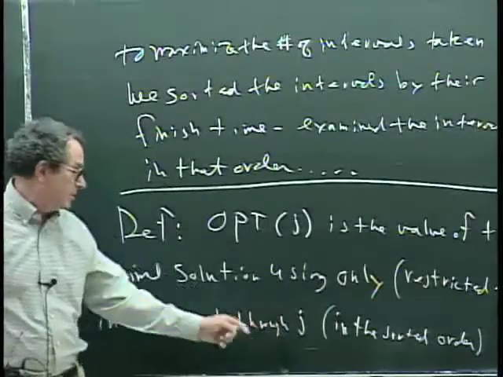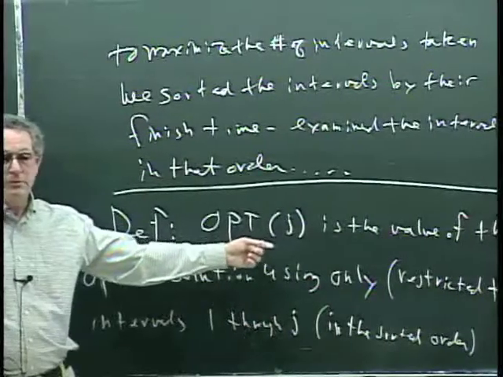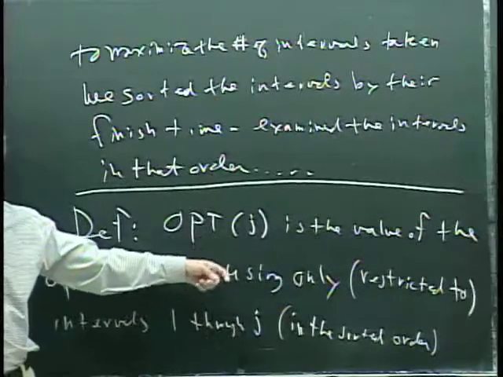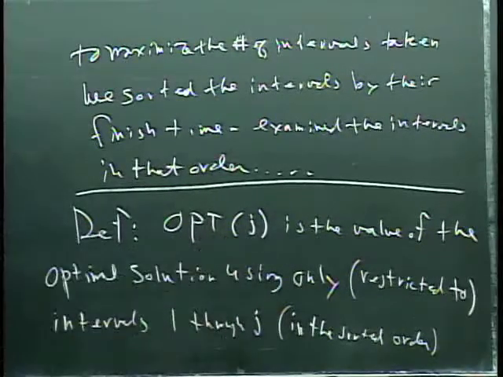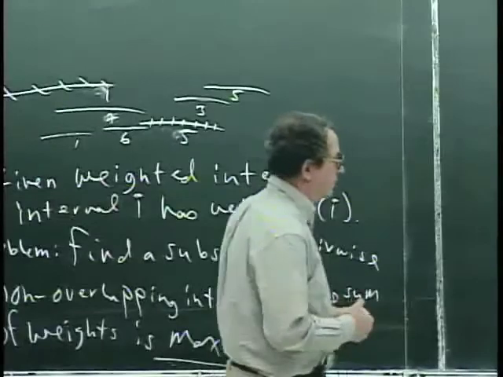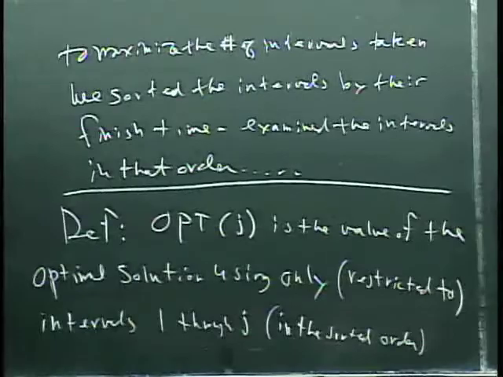So now I'm asking, what is opt of 1? If you only consider interval 1 through interval 1, what's the best you can do? Yeah, just take interval 1. There's no issue of overlapping. And well, we've assumed that these are positive weights so that you get some value out of that. And so opt of 1